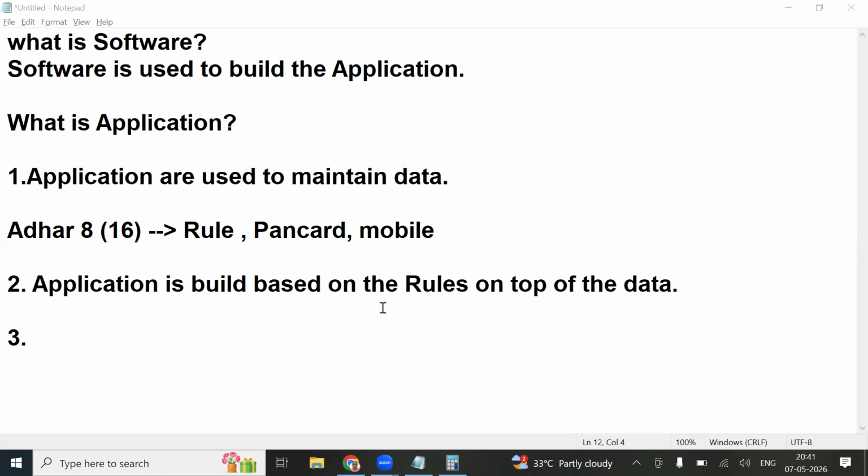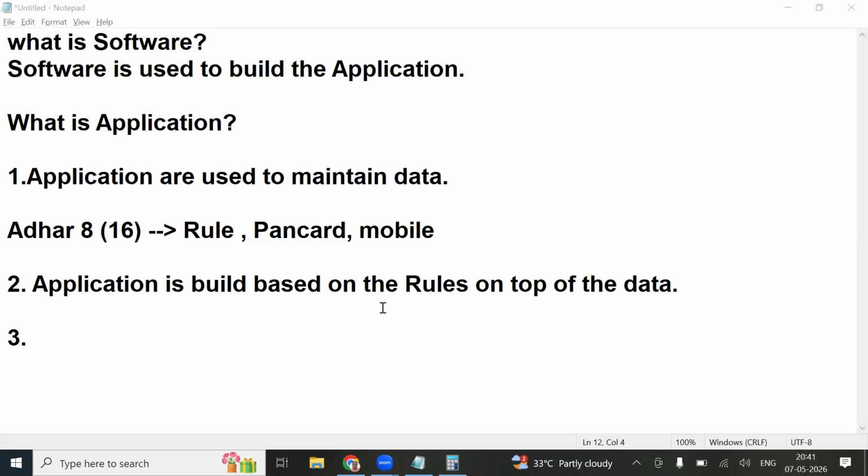Earlier, in 1998 to 2010 and so on, no government institution had online forms. Why? Because they were not ready to maintain data or servers. Now they are also shifting into IT because they want to maintain each individual's information. That is why the Aadhaar card comes into the picture. So when you go for Aadhaar OTP, Aadhaar authentication, it is purely based on data. Data only. So the world is revolving around data.